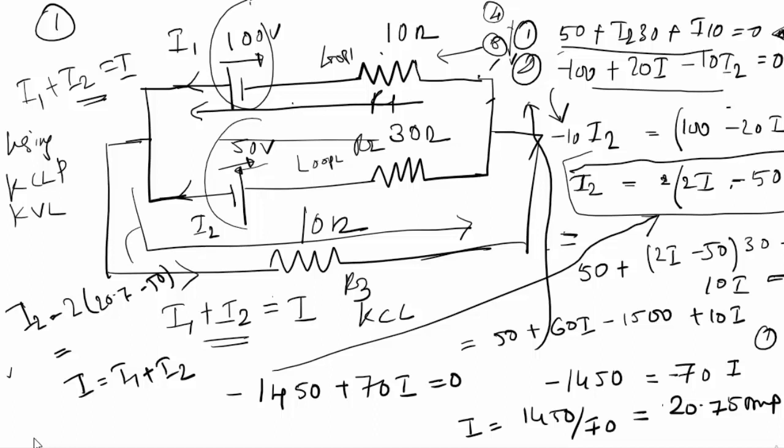Taking this approximately close to 21 for simplification, I get close to 42 minus 50, so my I2 is close to 8 amperes, could be something like 7.8, and my I1 plus I2, so